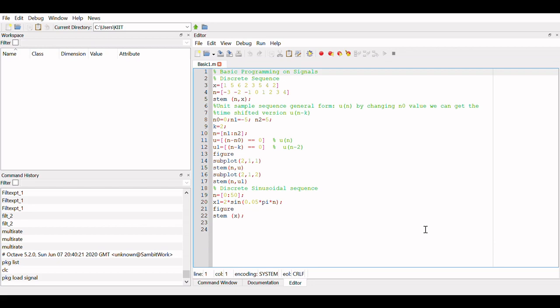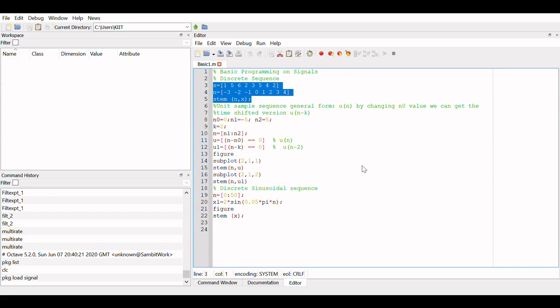If you see, I am generating a discrete sequence x and I am trying to plot that discrete sequence between -3 to +4. That means my signal has x of n equal to this value, where n is ranging from -3 to +4. Now suppose I want to run only this part of the command, so I will select it.